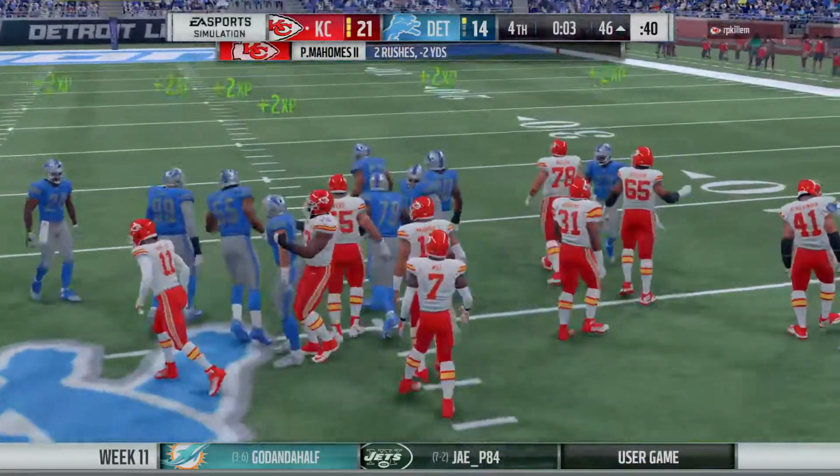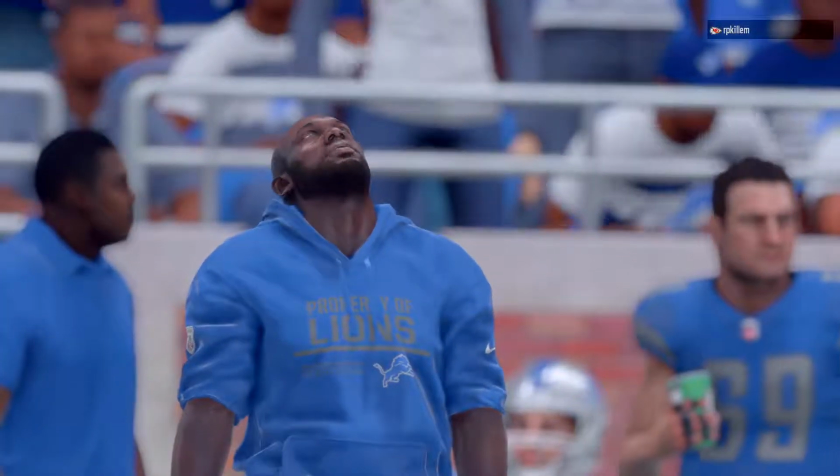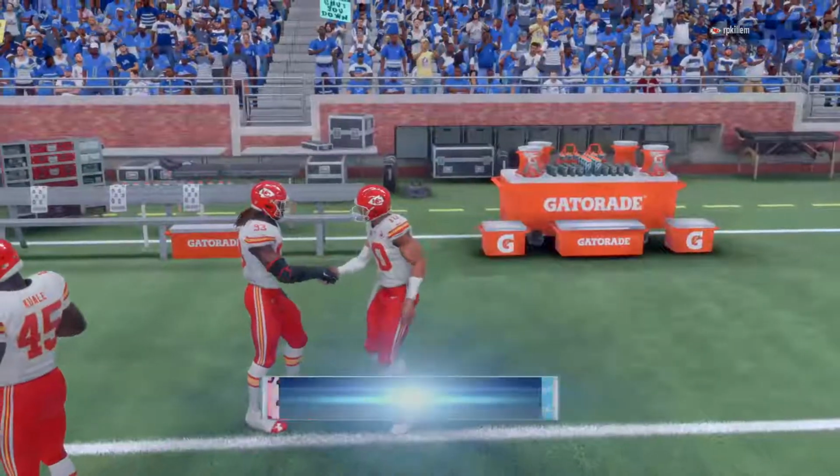Victory in the cards now for the Chiefs as they take a knee here. A road win in the National Football League. Charles, you never take that for granted, no matter who you're playing, no matter